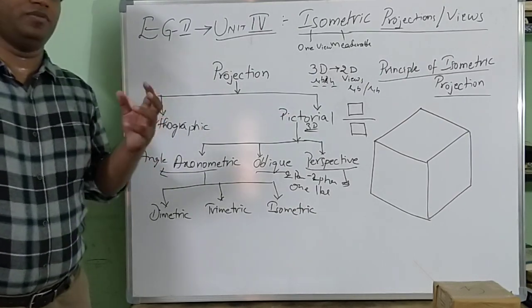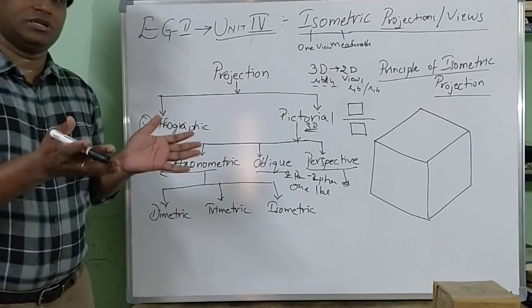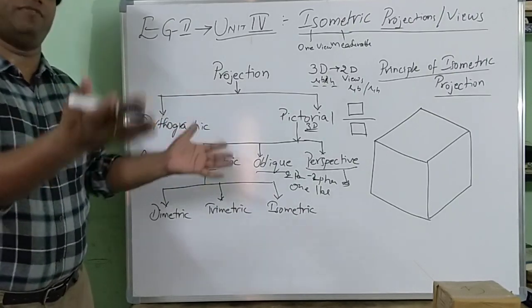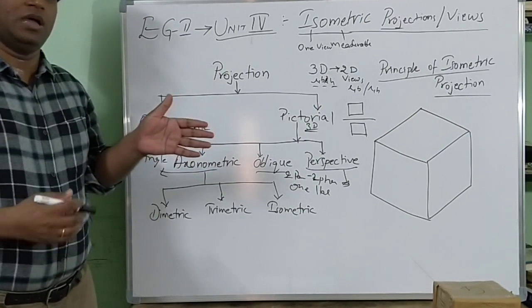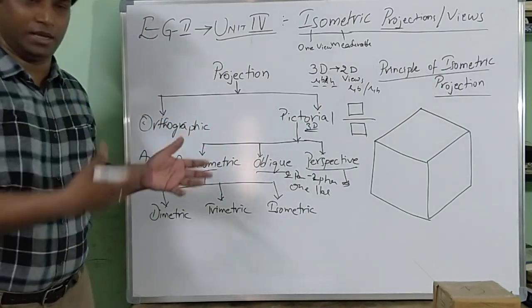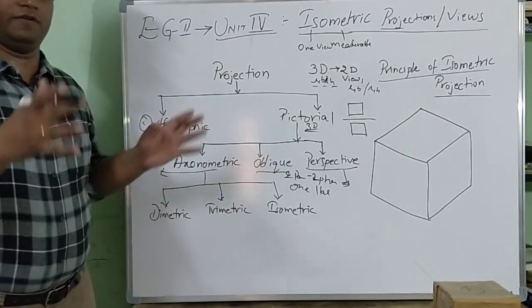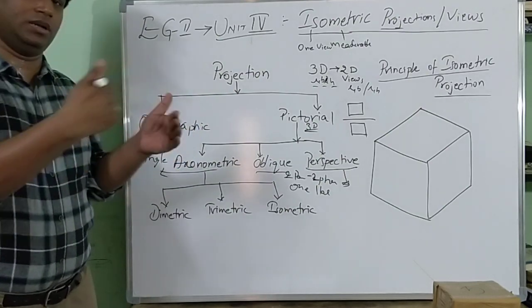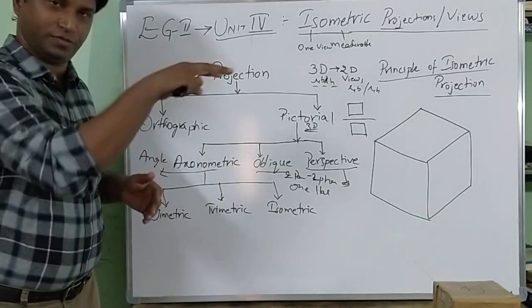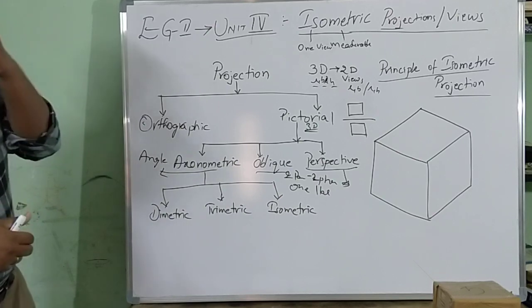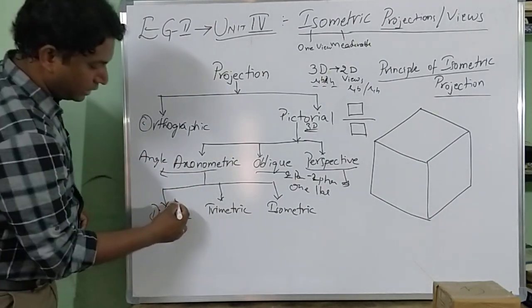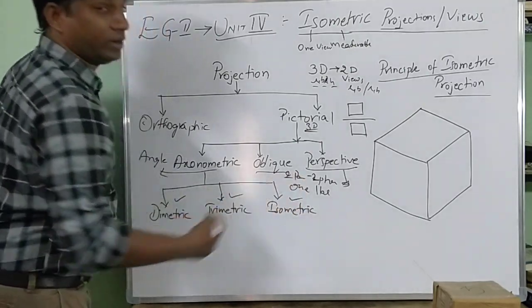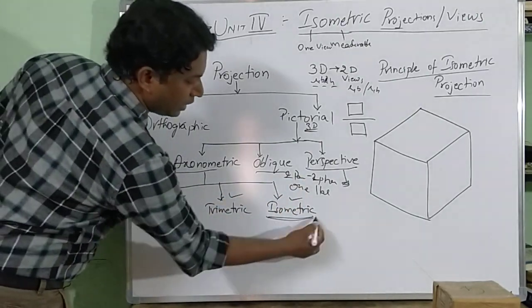Axonometric, simply, will have three-dimensional parameters, with three faces at three different angles. In oblique projections, we have one parallel face and the other two at two different angles. In perspective, all are different, depending on our point of viewing. Again, in axonometric we have three types: diametric, trimetric, and isometric, which is our syllabus here, isometric.